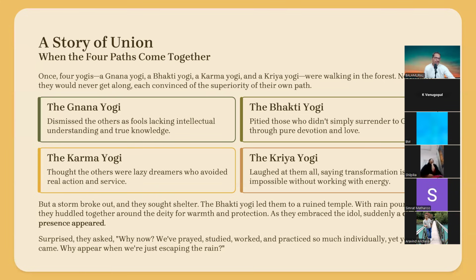The kriya yogi laughs at all these people. He says, when everything is energy, if you don't transform your energy, what is going to happen in your life? All these things are just simply talking, nothing can happen. So these four people cannot go with each other. We also have this problem. Why is there always a problem between man and woman? Even if you have a brother or sister at home, you will not agree with each other. So there are basic differences.